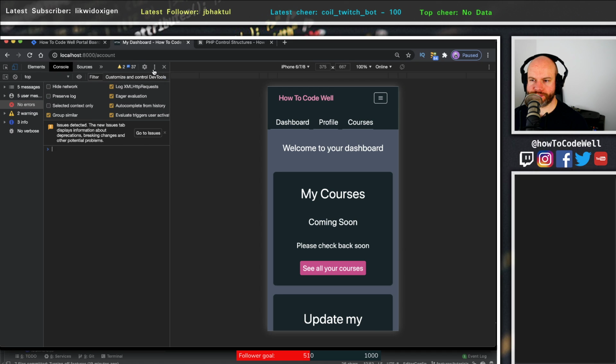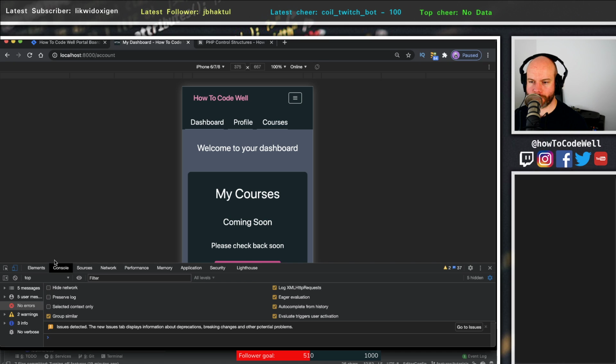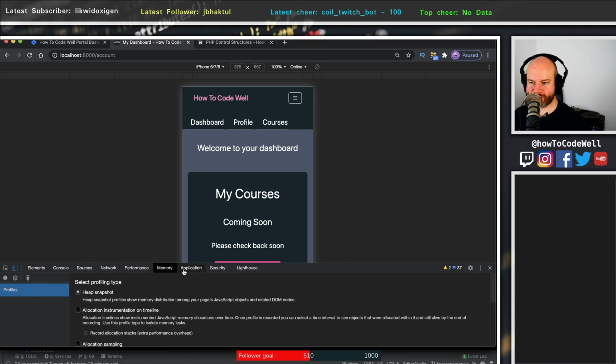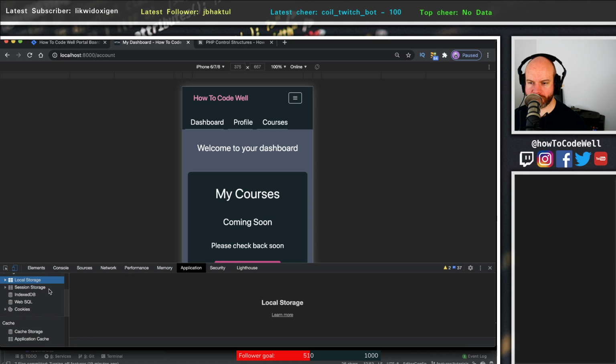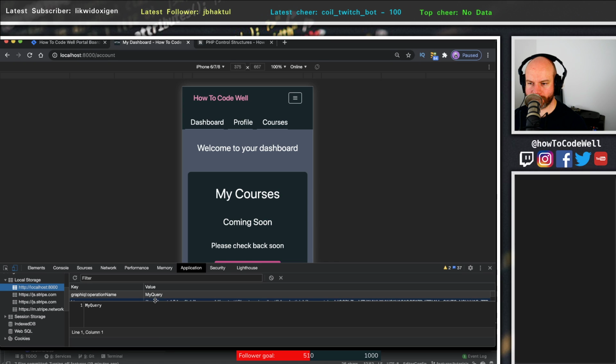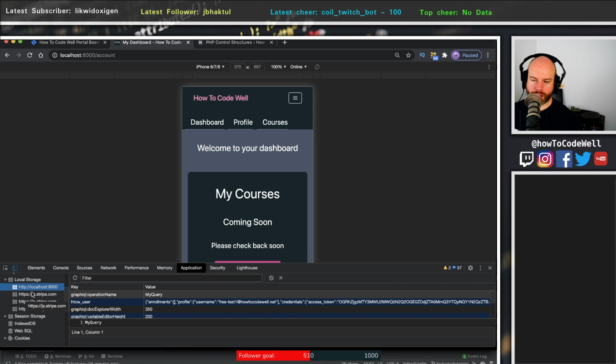and somewhere in here, let's just bung this at the bottom just so I've got more room to play with. I think it's in Application, Session Storage, Local Storage. One of the two. There's something going on. I think it's in Local Storage. Yeah, there should be. So something that we need to work on is that this goes into session storage, not local storage, but